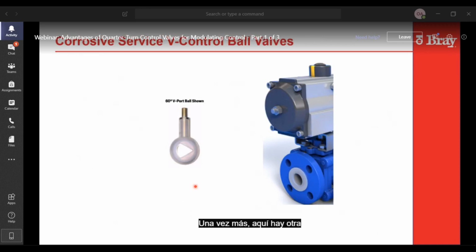Again, here's another configuration. This is a fully PFA Teflon coated V-ball, and it all goes into a fully Teflon lined body, so that you can get away with not going to an alloy material and save a lot of money.